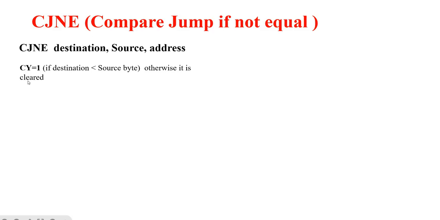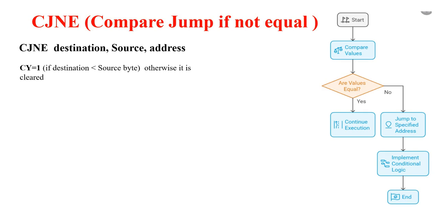Now here carry flag will be set if the destination is smaller than the source. Otherwise it is cleared. So here what happens is you have to compare the values. That is, you are comparing the destination and the source value. And here if they are equal, then you have to continue with the execution of the next step. If not, then you have to jump to the specified address in this instruction